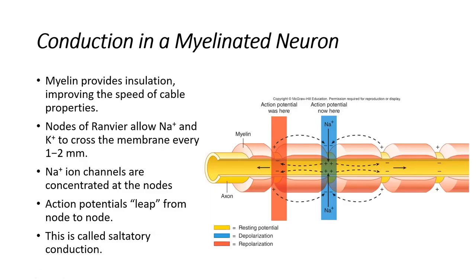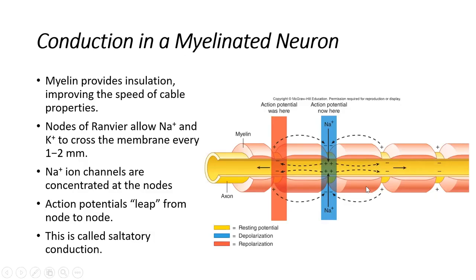This is why heavily myelinated neurons have a much faster velocity. These are usually neurons that travel for longer periods of time. So think about really long nerves like the sciatic nerve, which is the longest nerve in the body. It is heavily myelinated, and that is so it can have extremely fast rates of conduction down the length of that neuron. We call this style of